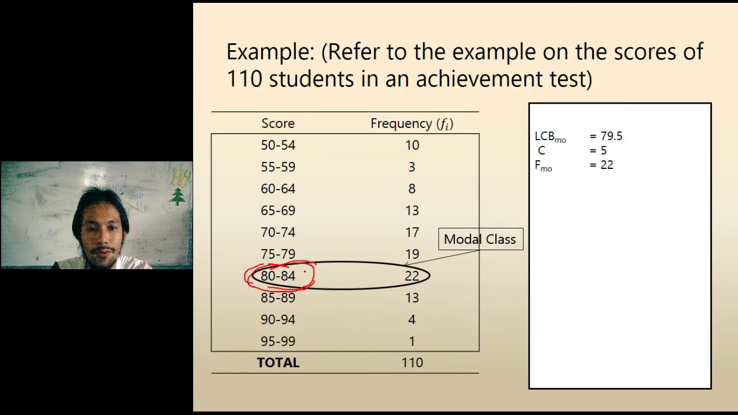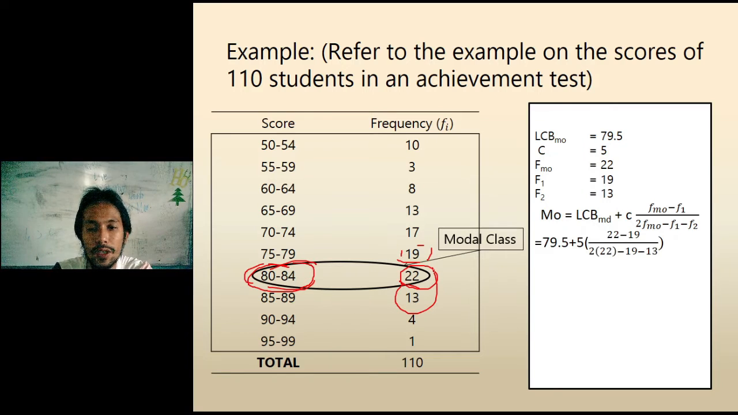Dayon, frequency of the modal class kay 22. Ngayon ang F sub 1, which is ang frequency before sa modal class, so mao siya 19. Then ang F sub 2, which is the frequency after the modal class, so mao siya 13. So atong dayon siyang